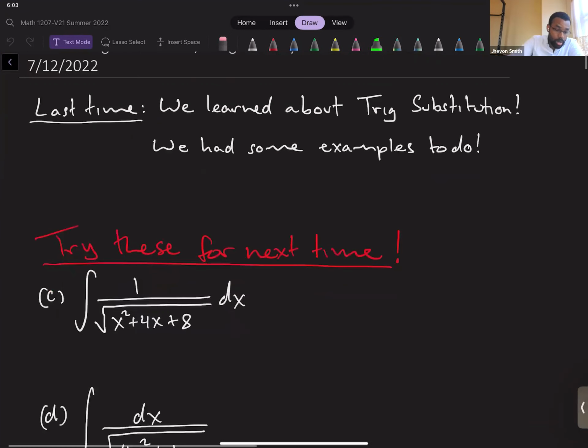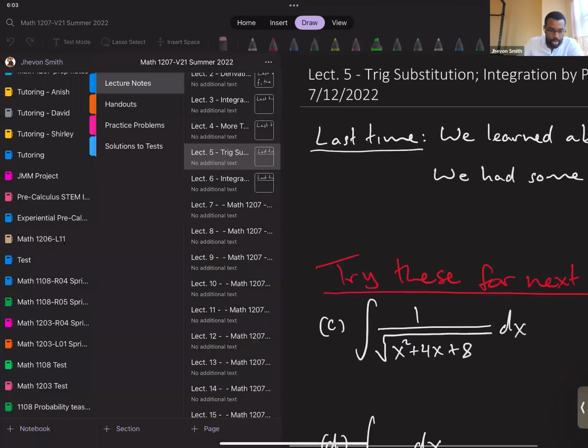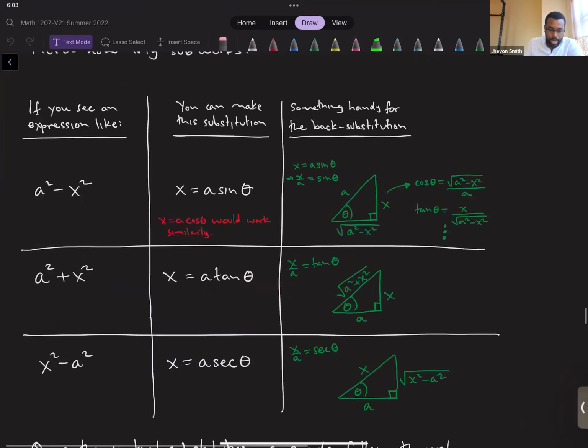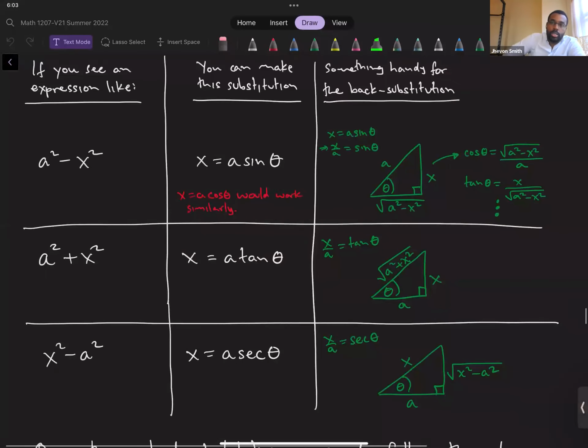The important thing for trig substitution, as you might recall, is this table right here, which tells you the kinds of expressions that you can use a trig substitution on. It has to be like constant squared minus x squared, a squared plus x squared, or x squared minus a squared. And here x represents a variable, which could be something else. It could be like an x plus 2 or something like that. But once you have a variable component squared minus a constant squared, you can actually apply, as you can see there in the middle columns,